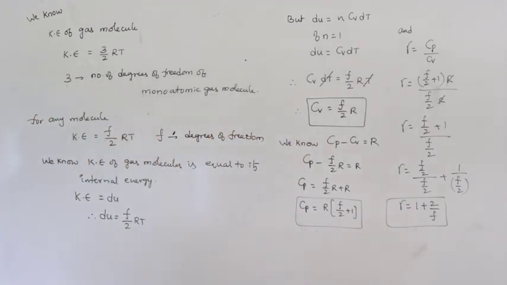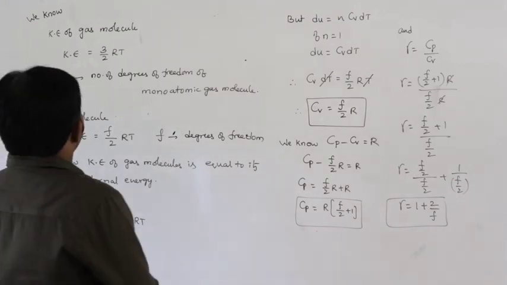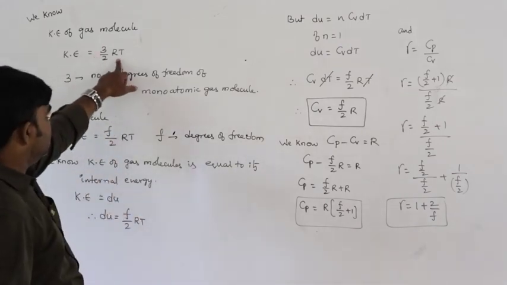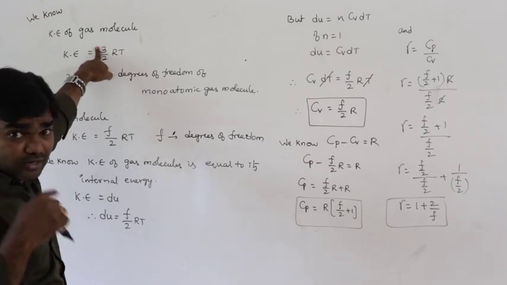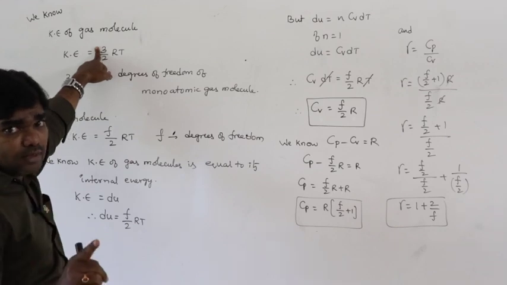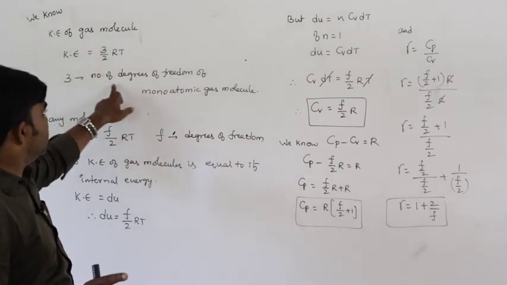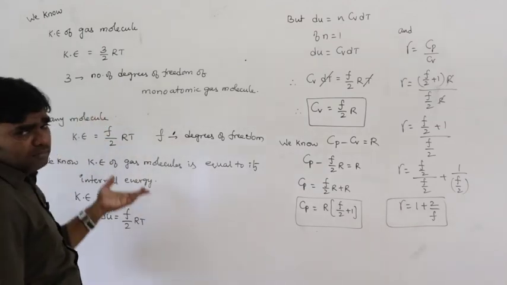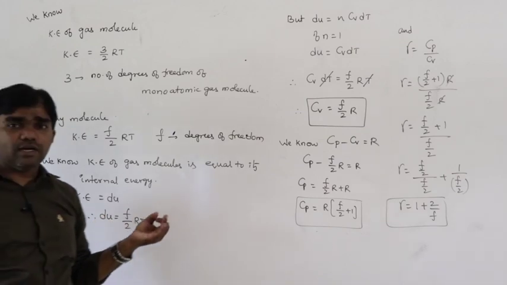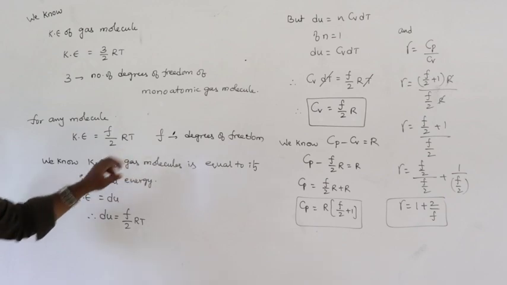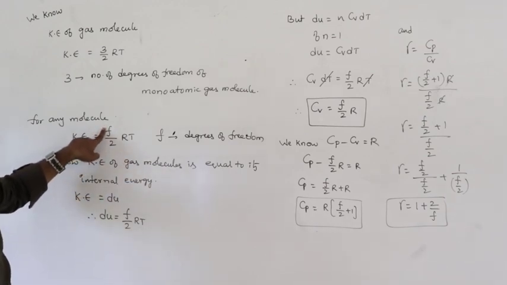So, that is the values of different conditions. The kinetic energy of the gas molecule can be written as 3 by 2 RT. What is this 3 per molecule? We are defining this kinetic energy per one molecule. One molecule means it is monoatomic. In monoatomic gas the number of degrees of freedom is only 3. So, that is why for any gas, let us say it is diatomic or polyatomic, whatever it is, we can write it as F by 2 RT. So, what is F? Degrees of freedom.